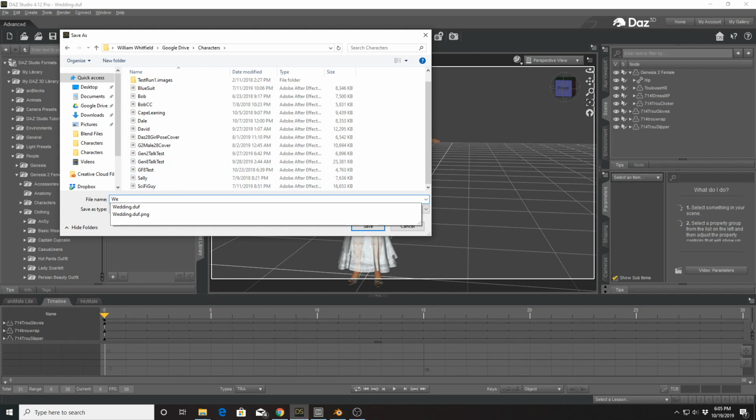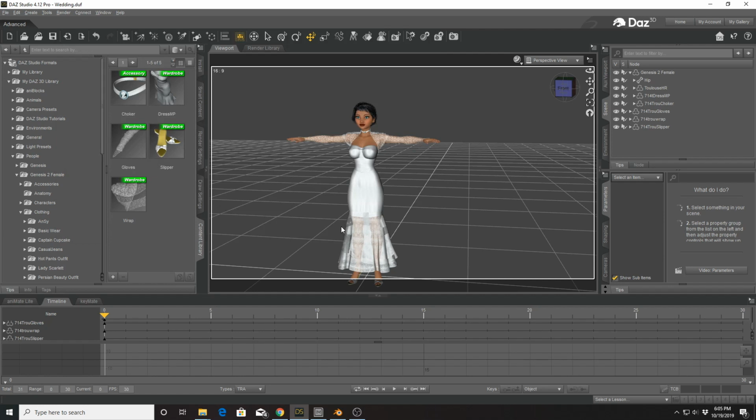And usually when you start typing, you see the name of the file that you did before if you're in the same directory with .duf at the end. So that helps you know that you're calling it the right thing. Hit save. Wait a few moments, and it should give you a message that says it exported a file. Yes, that your JSON file has been saved and tells you the location.